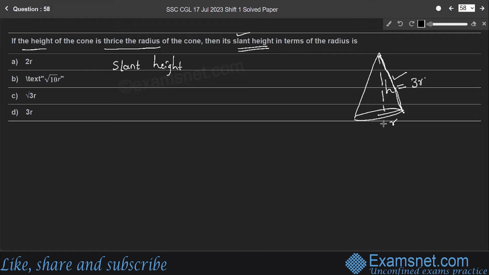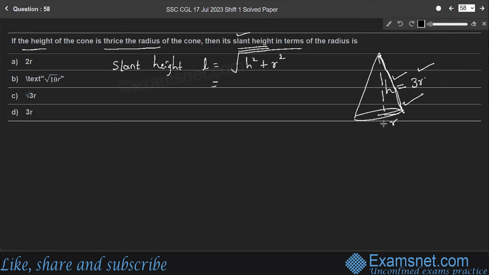According to Pythagoras theorem, square of hypotenuse is the sum of the squares of the remaining two sides. Therefore, if you consider L as the slant height, it will be root of h square plus r square. So by Pythagoras theorem, right? Because we get a right angle triangle here from height, radius, and the slant height, which is nothing but the hypotenuse, right? So by Pythagoras theorem, L is equal to root of h square plus r square,